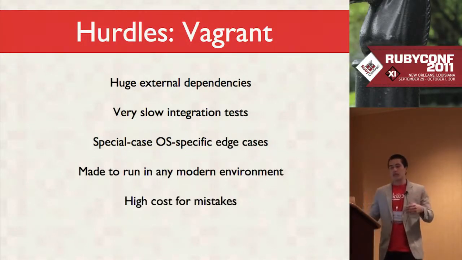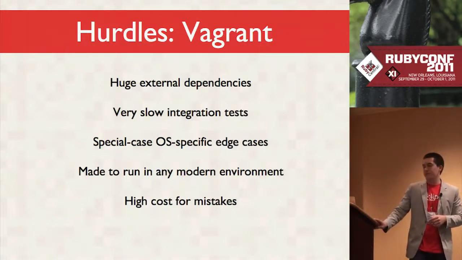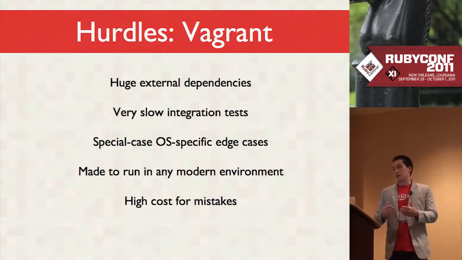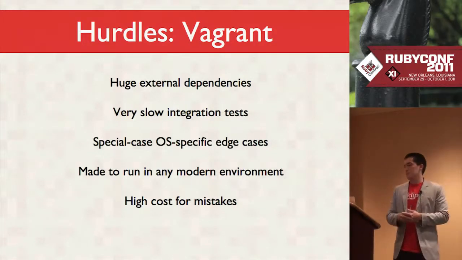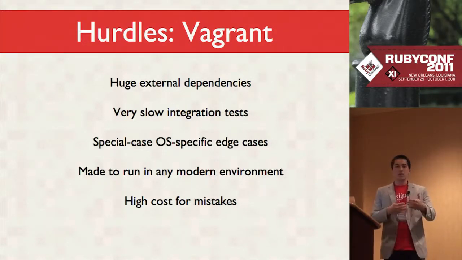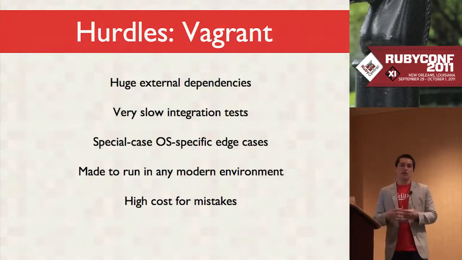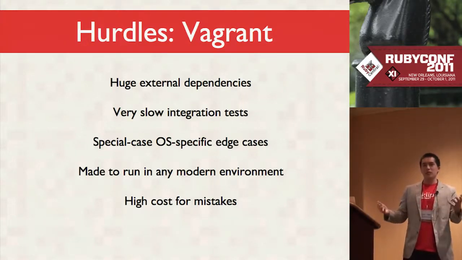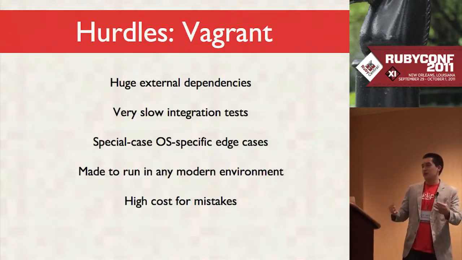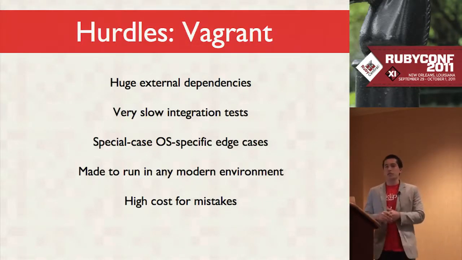And more recently, there's a higher cost for mistakes. If I make a mistake and I push a broken release, it might damage my credibility. That's less important than the more important fact that it could damage the reputation of the project itself. A lot of people, only recently, these big companies have been moving on Vagrant because they've seen it work for the past 2 years. And if I push something that totally breaks their whole development team and causes them to be unproductive for a day, then they will never touch it again.